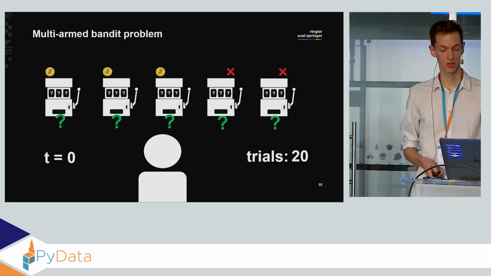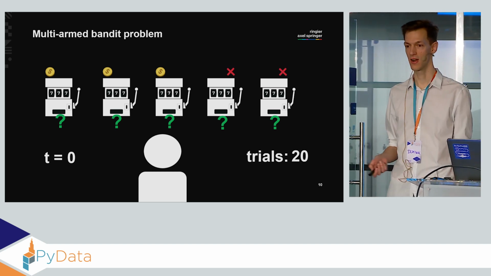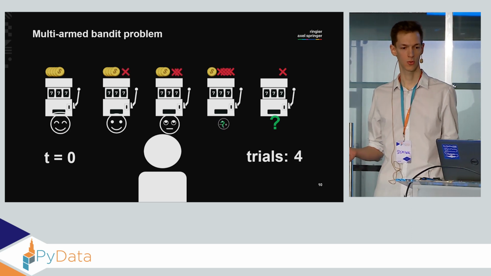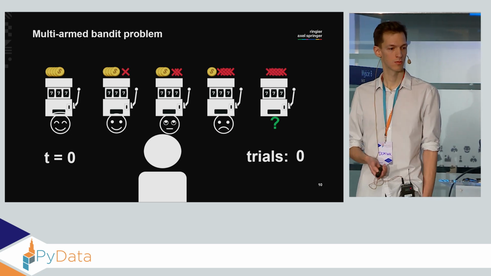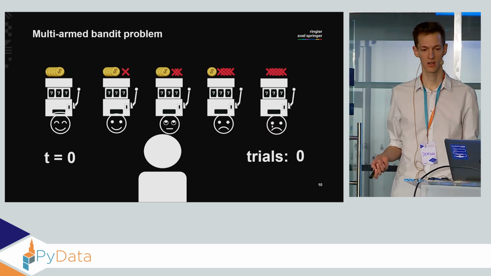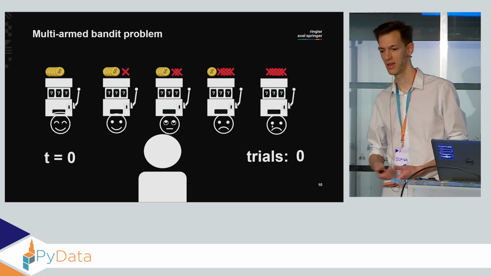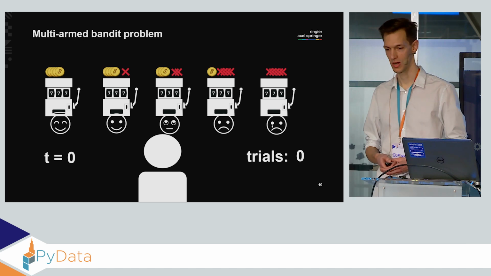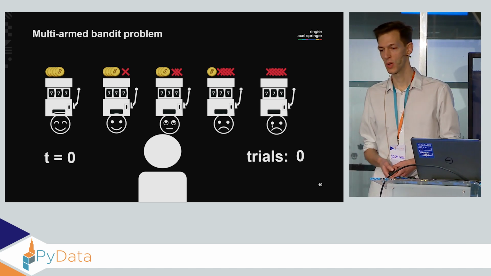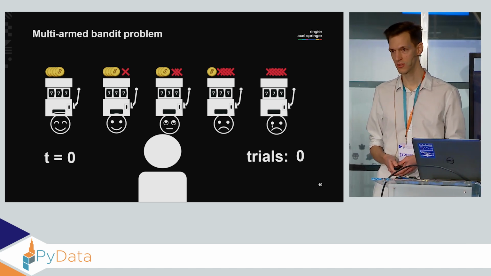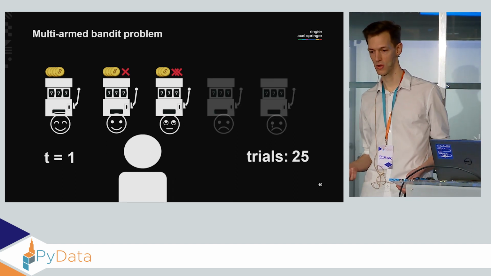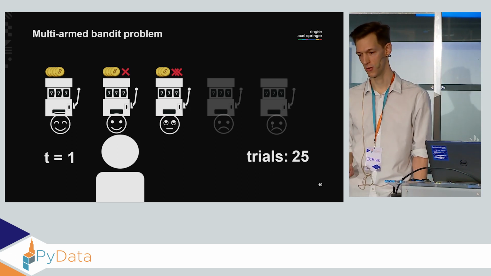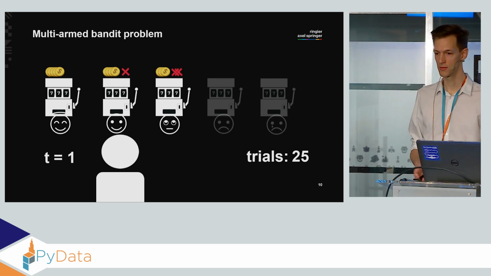So let's say we continue like that. We try to be really fair. We split all the trials equally, and perhaps we get something like that. So now our uncertainty has turned into somewhat of an estimate about how a given machine is performing, which is represented by the smiley faces. And based on this knowledge that we have accumulated, we can, for instance, decide that for the next time step, we will only focus on the first 3 machines, therefore probably winning more money with our new set of trials.